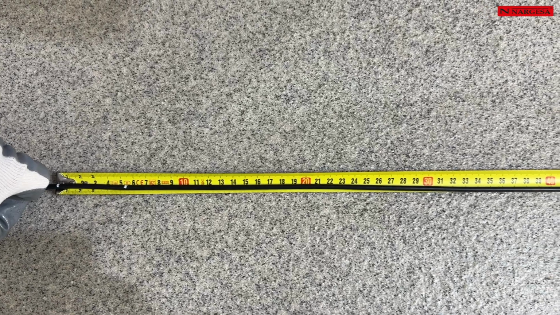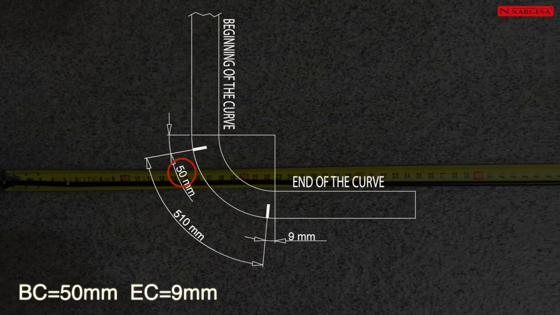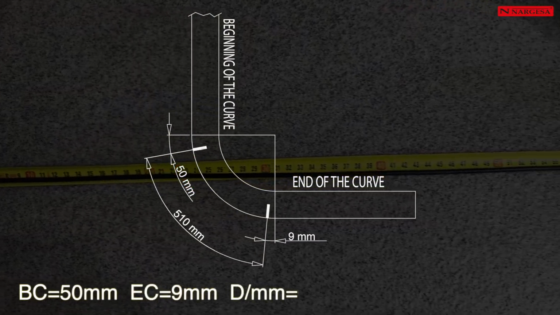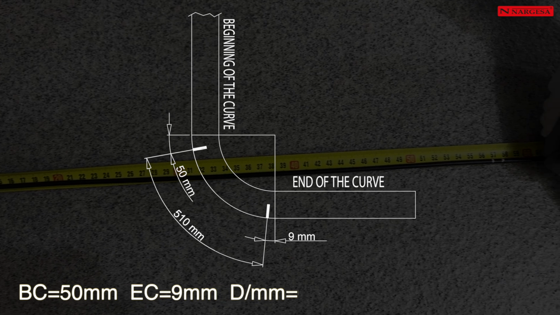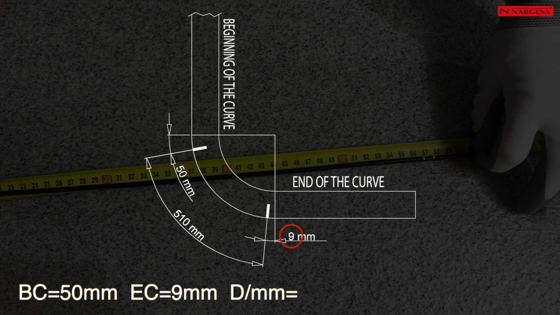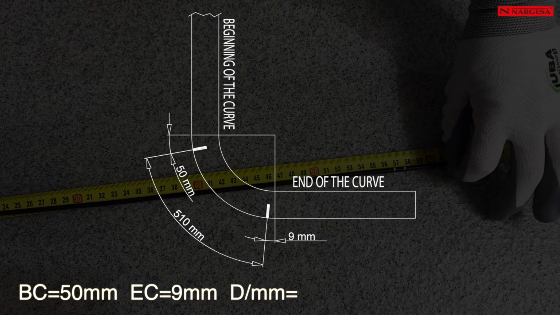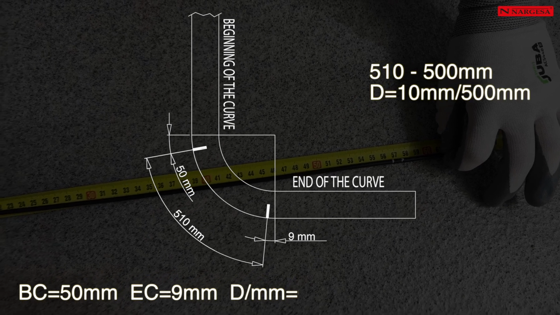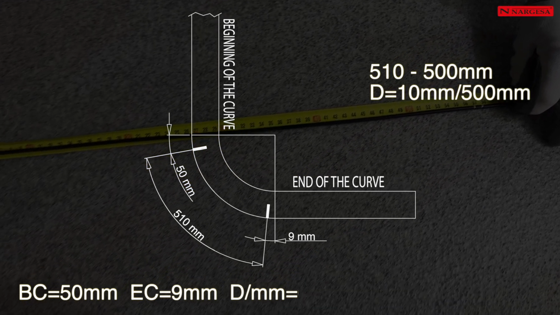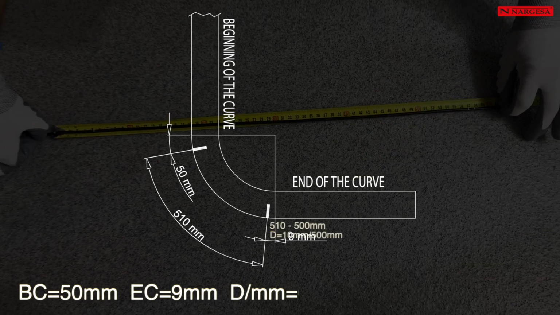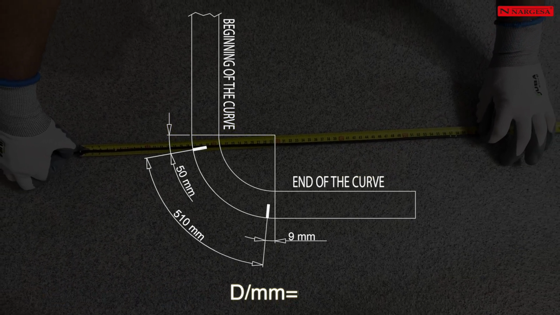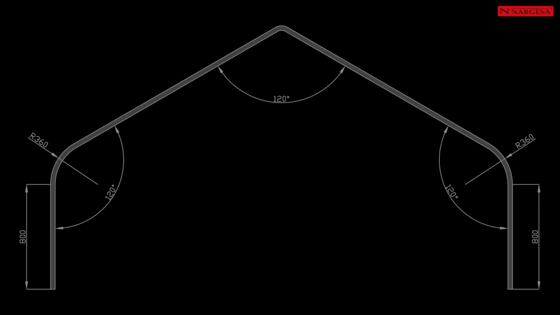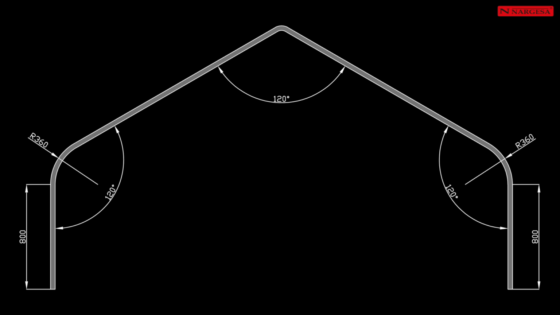Looking at the results, you can see how 50 mm of the straight section is lost moving from straight to bent. In the transition from curved to straight, 9 mm are lost from the straight section. Plus, you can see how this material has deformed, stretching 10 mm for every 500 mm of feed. Therefore, 0.02 mm per millimeter. Let's create this structure for a greenhouse.